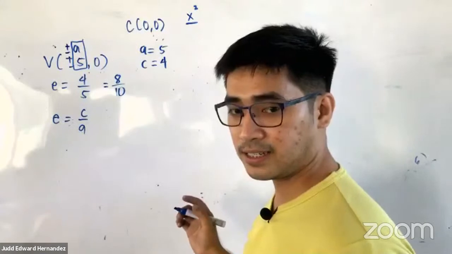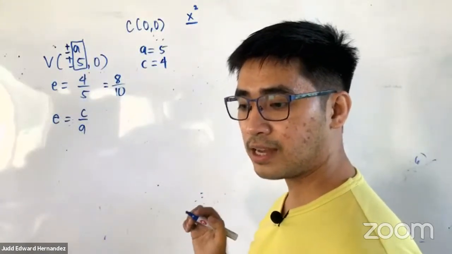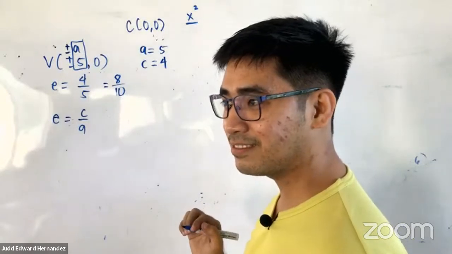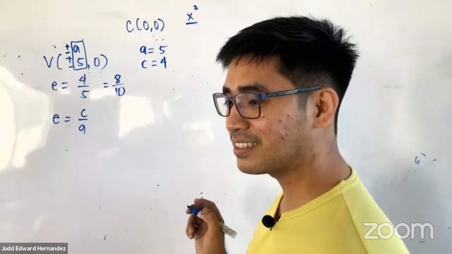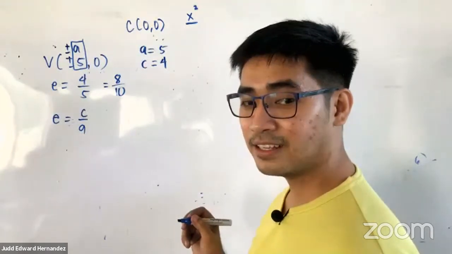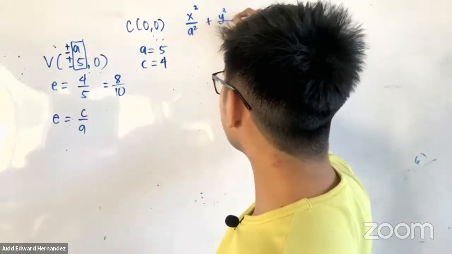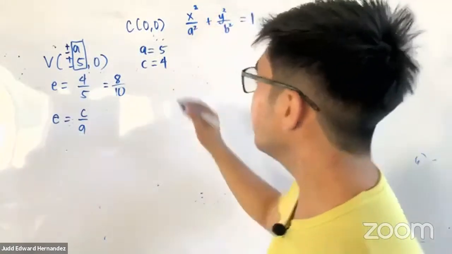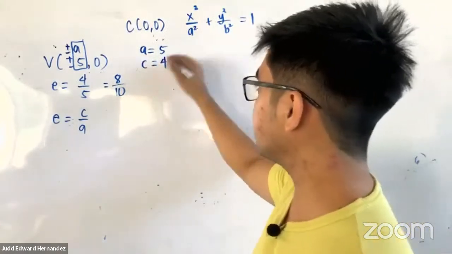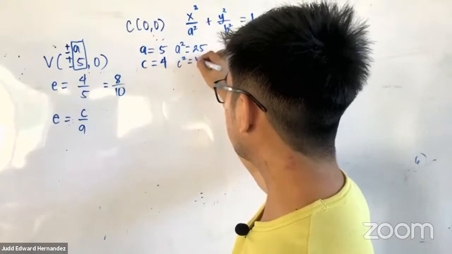What is the major axis now? What did we change? X, right? Therefore, that is x squared over a squared plus y squared over b squared is equal to 1. Since we are given a and c, therefore, a squared is equal to 25, c squared is equal to 16,